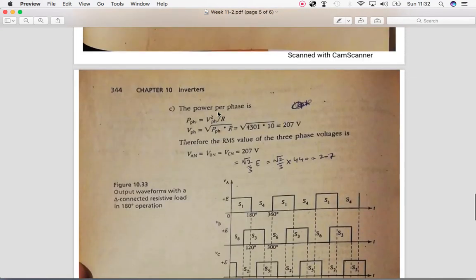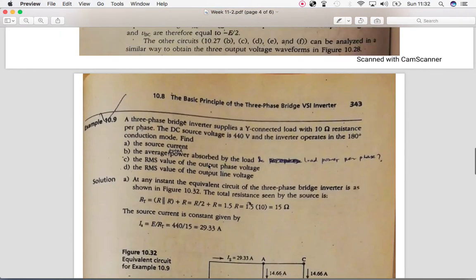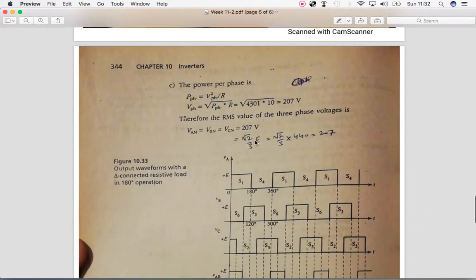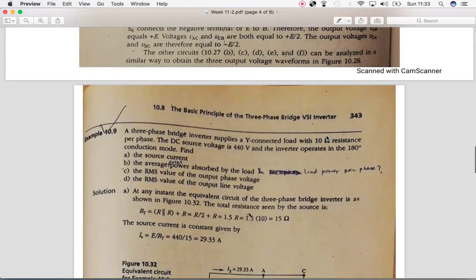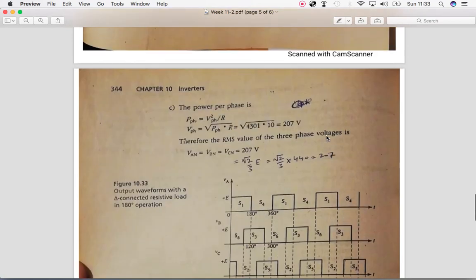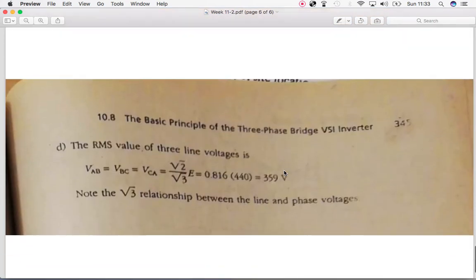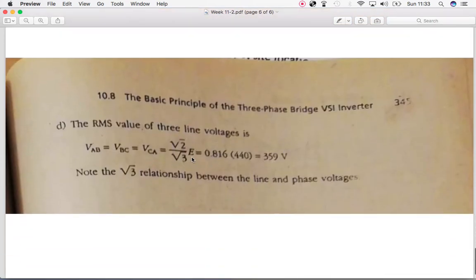The first formula for this voltage is this one, you use this formula, forget about this. For the calculation of the per phase voltages, you have this formula, which you multiply with the DC voltage to get the per phase voltage. You can see it is the per phase voltage, and you are able to calculate it with this formula. And then for the line voltage, you have this formula, multiplying it by the DC voltage, and you get the line voltage.